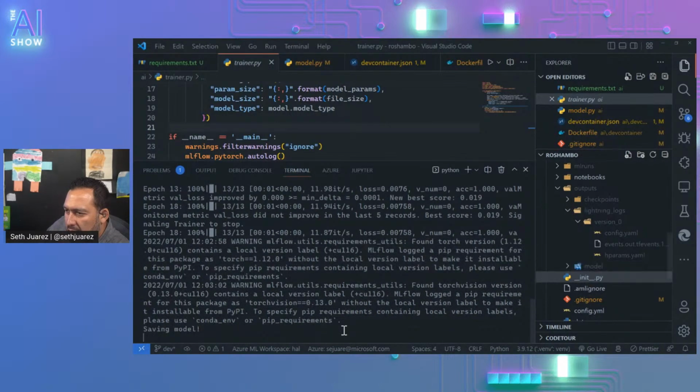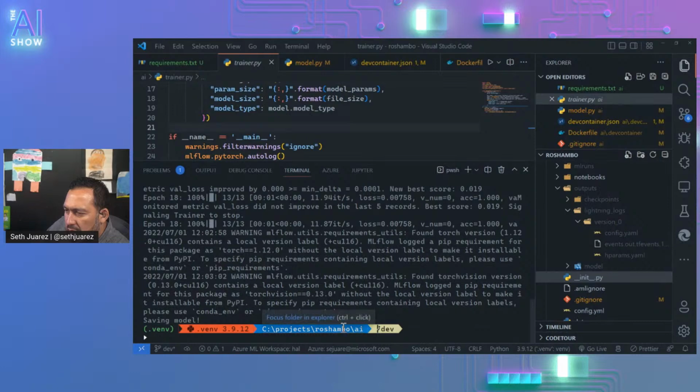What's going on? Warning: MLflow utils found Torch Vision version 0.13.0 CUDA 116 contains a local version label plus cu116. MLflow logged a pip requirement for this package as torchvision 0.13.0 without the local version label to make it installable from PyPI.